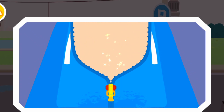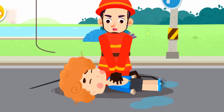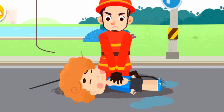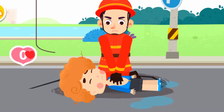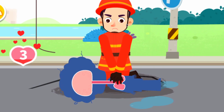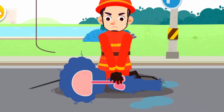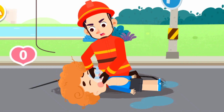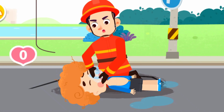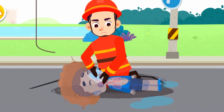First, unbutton the shirts of the injured. Fold your hands at the center of the chest. Lower half of the breastbone. Press down firmly to carry out chest compressions. Perform 30 chest compressions. Open the airway. Then, perform 2 rescue breaths until the automated external defibrillator, AED, is...